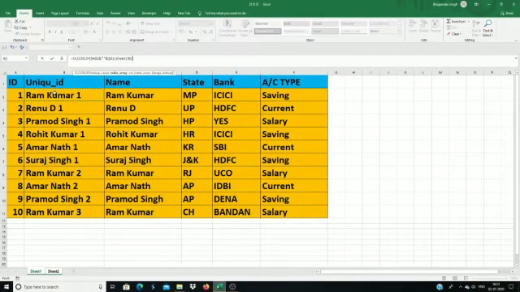Now you have a question: from where we have to select our table array? So guys, always remember, whenever you are trying to use VLOOKUP, always select your table array in which your lookup value has place. In our case, we created a unique ID, so our lookup value is in this unique ID column. That's why we select from B2 to F11 and freeze this because we don't want to see any error.